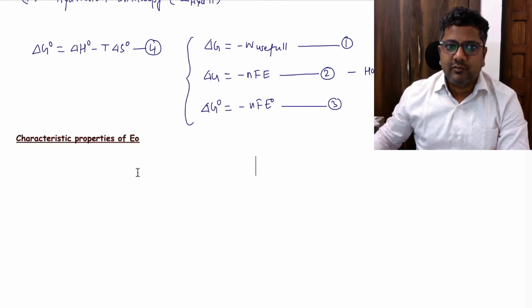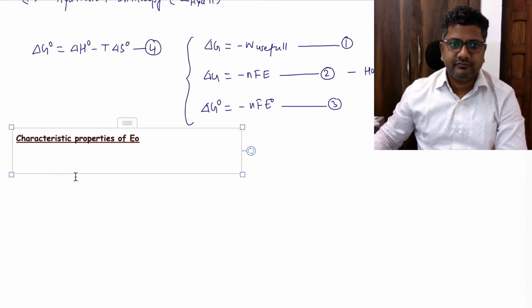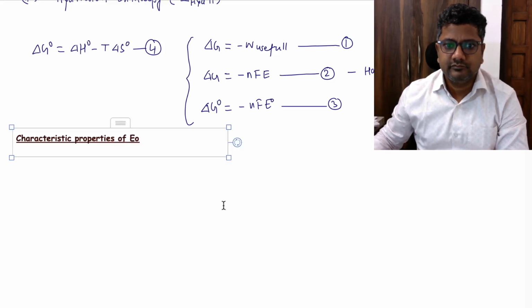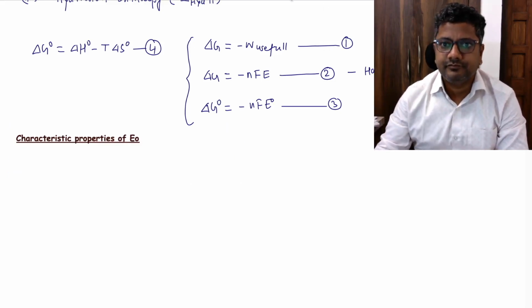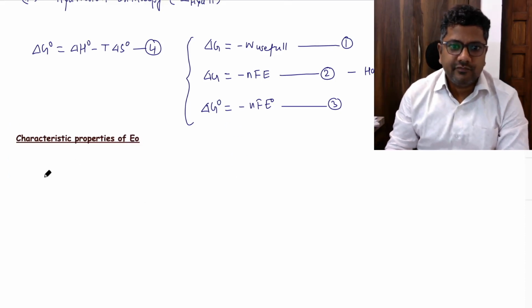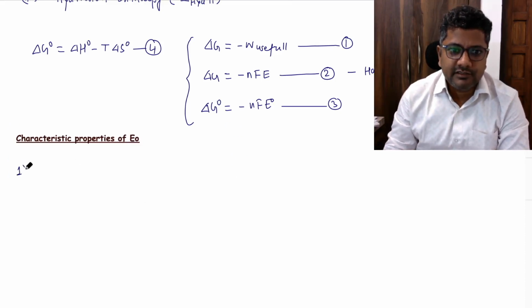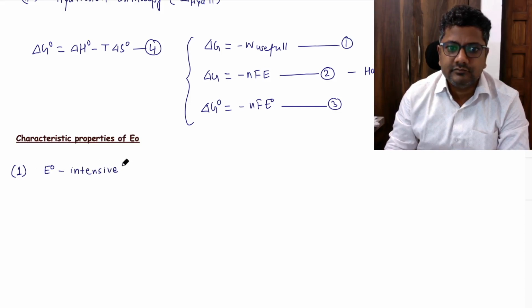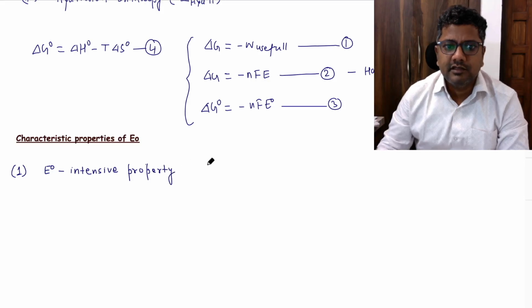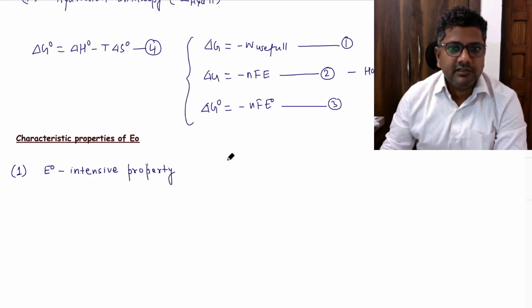So the characteristic properties of E naught. See, the first characteristic property of E naught is intensive property. So what is the meaning? What is the feature of intensive property? That is,